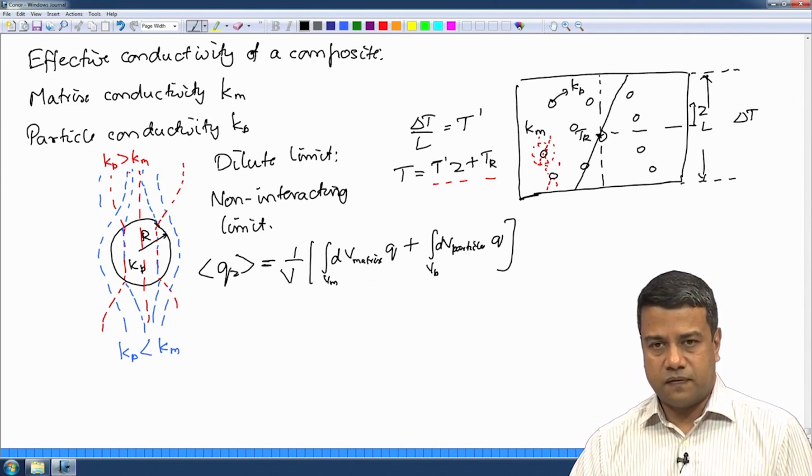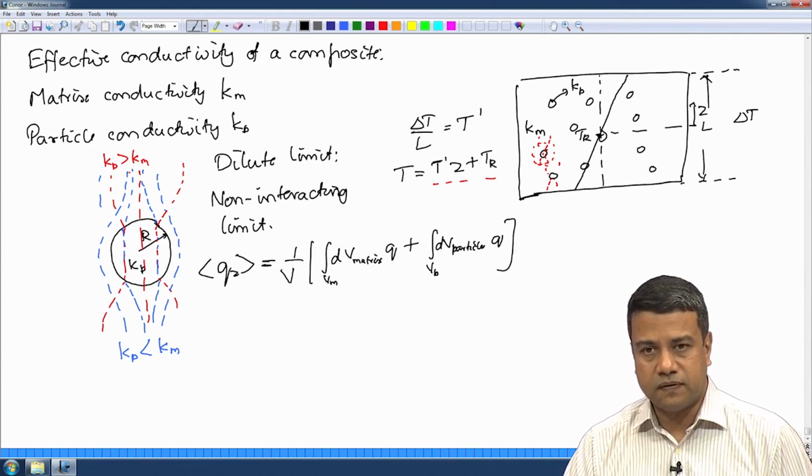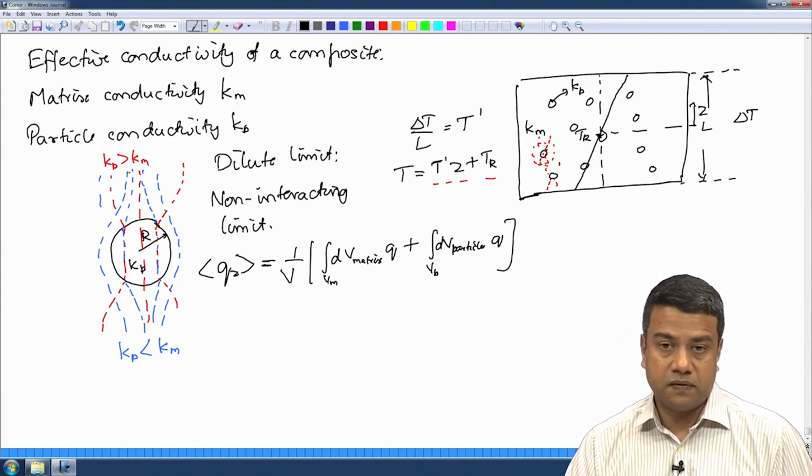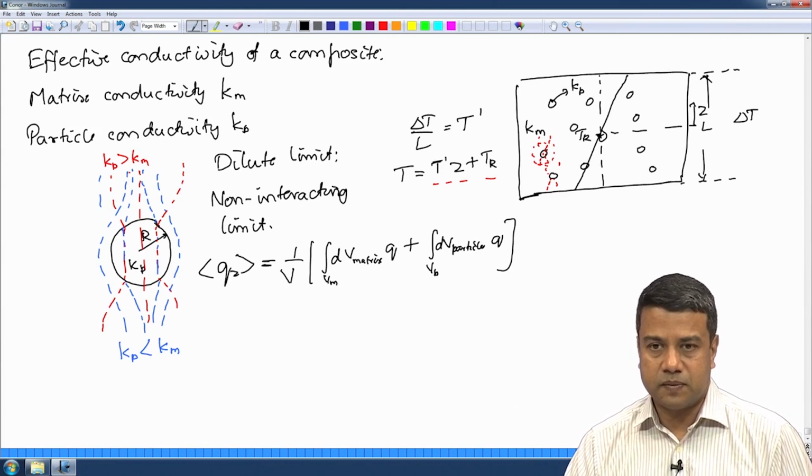So, I take the total flux as the volume average of the integral over the matrix of the flux within the matrix plus an integral over the particles of the flux within